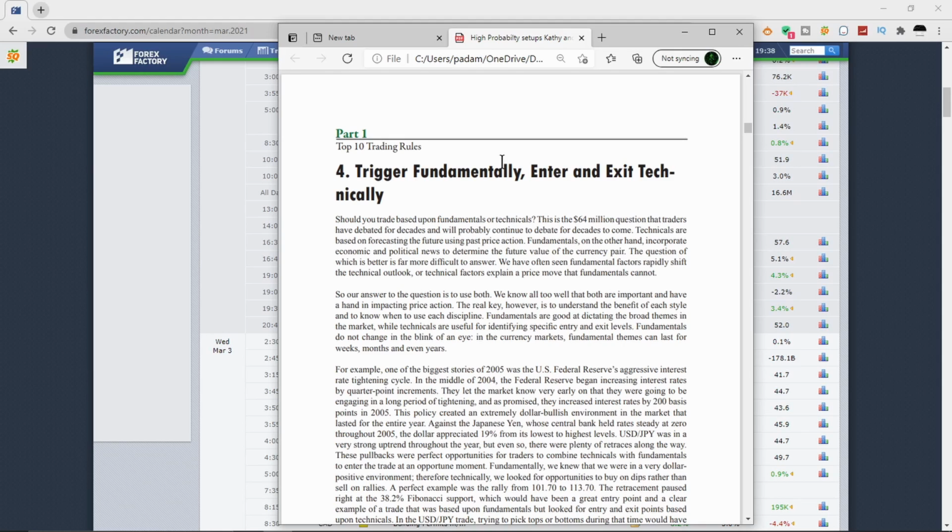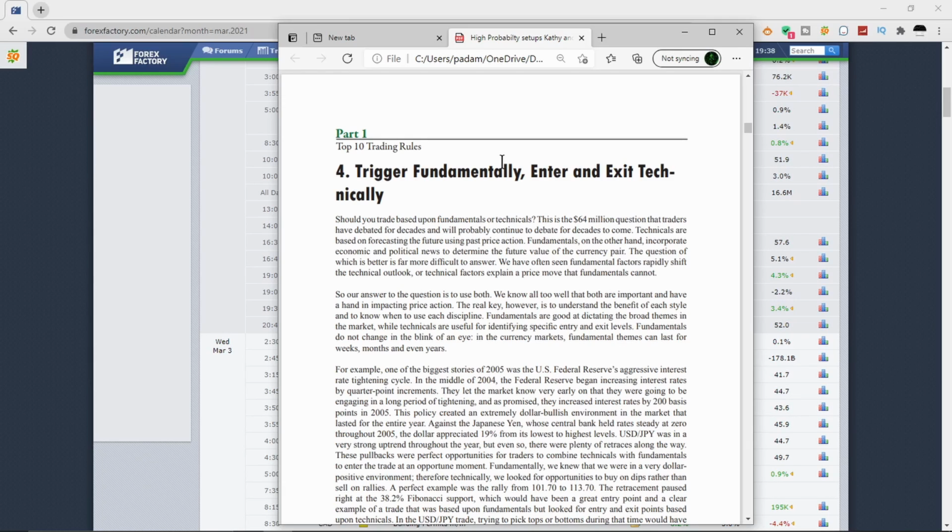scalper who is in a trade for seconds to minutes really doesn't necessarily need fundamental analysis. All they really need is technical analysis. So goes also for the day trader. They're in for basically hours to maybe a day, and fundamentals may help, but are not very necessary. But for a swing trader or a position trader,